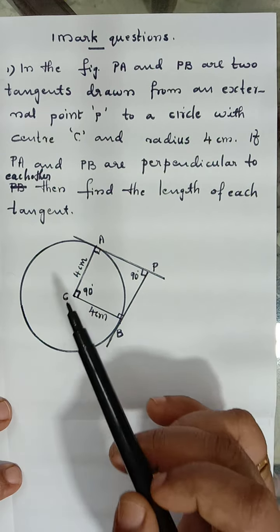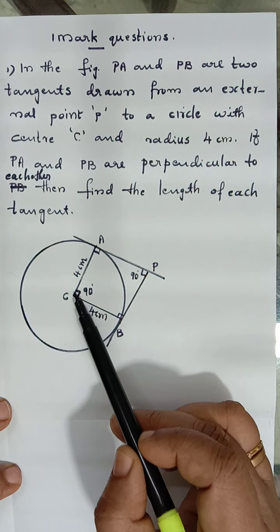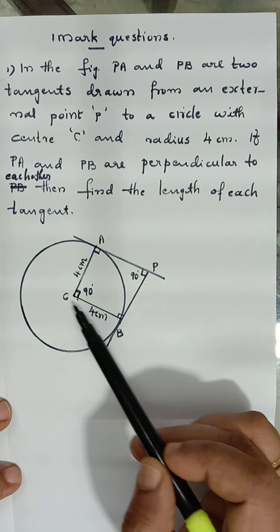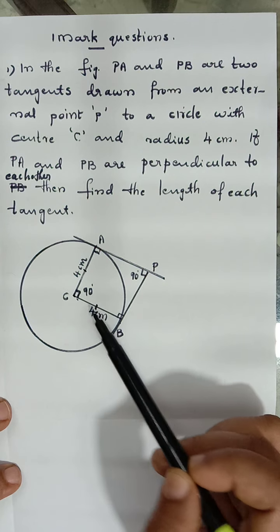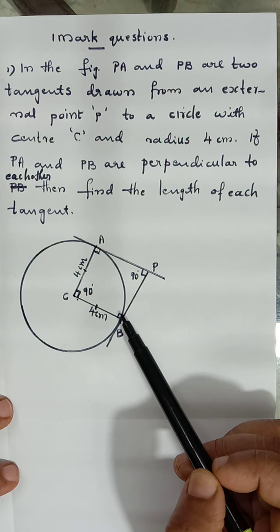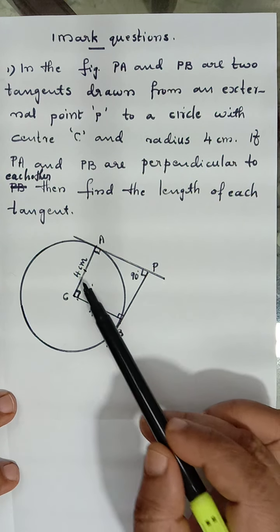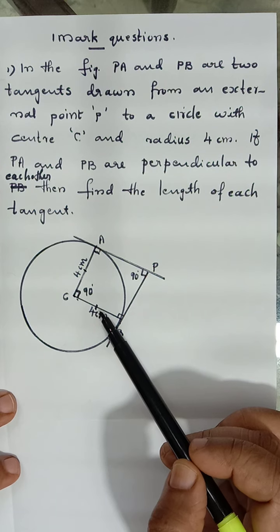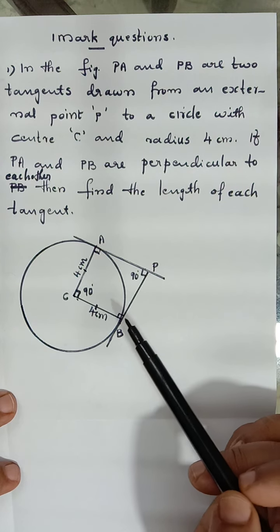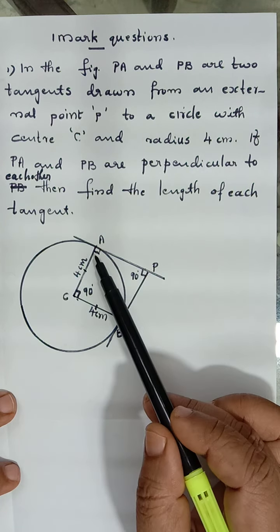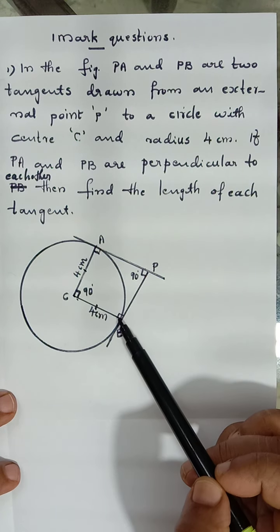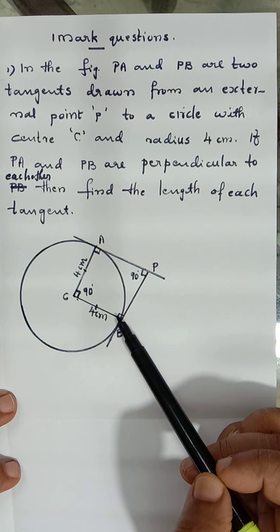Therefore, here you can see the adjacent sides of this square are equal. This AC is equal to BC. They are equal, they are the radii. And also all these angles are 90 degrees each. So a rectangle having adjacent sides equal is called a square. That is why we say that ACBP is a square. First of all, it's a quadrilateral. Adjacent sides are equal and each angle equals 90 degrees. That's why we say that it is a square.